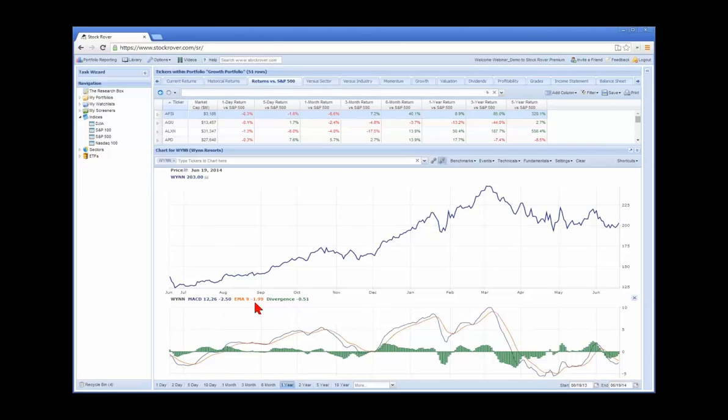So the MACD does take a bit of finesse, but in general, you want to see when there are crossovers as well, because this can indicate when to buy or to sell. I think the most obvious one is over here on the right. You can see that the MACD is above the signal line, but then it crosses below, and that's a bearish signal. You can see that the divergence goes pretty negative here,